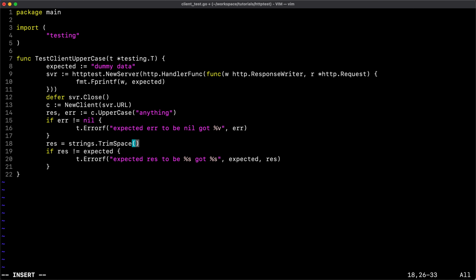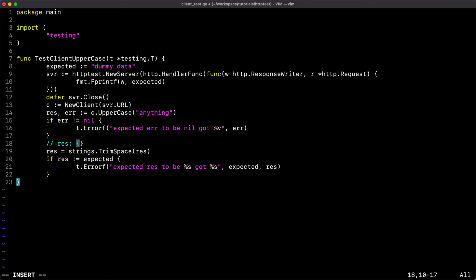Remember that whenever you receive the response, you're going to have some new lines attached to it, especially when you use the handler func and the HTTP handlers. Whenever you write something to the wire for the HTTP protocol, it's going to append new lines. So if you want to accurately compare the data that you expect, you should trim extra space at the beginning and at the end of the text. You can just do something like res equal to string space res, which is going to clean up the response in our case, because the response is going to be something like expected, something like this.